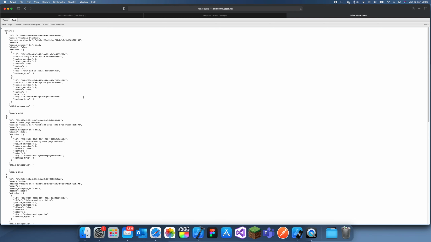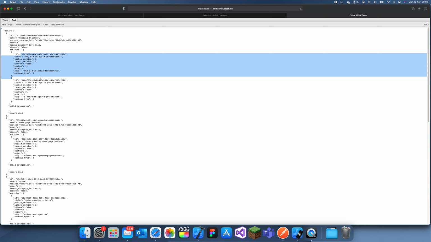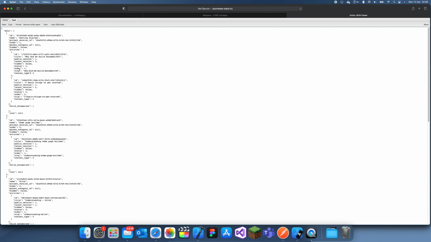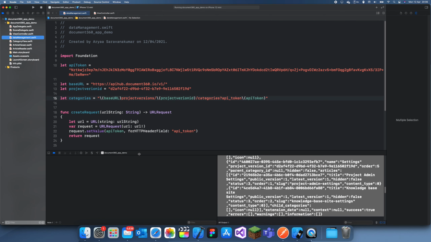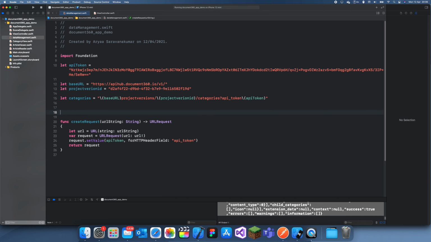So I'm going to create 2 more functions. One of them will be to get the categories out of this, the articles inside of this category, and then the next one will be to get the article, but we probably won't need that since all we need is the website. So let me just create the function. We'll go to data management again, and this will just be our class where we can keep all of the functions. I recommend doing this in any app, and create a function, create URL for category ID,